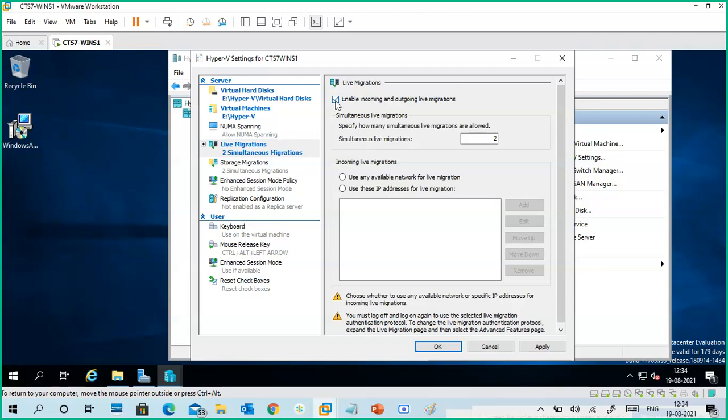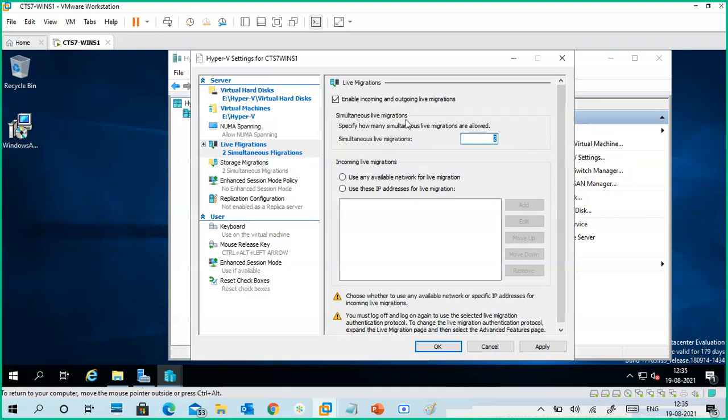If you enable it, you can migrate from your host to the other host and from the other host back to ours also. How many migrations simultaneously? By default it is two. You can increase it, depending upon your infrastructure.